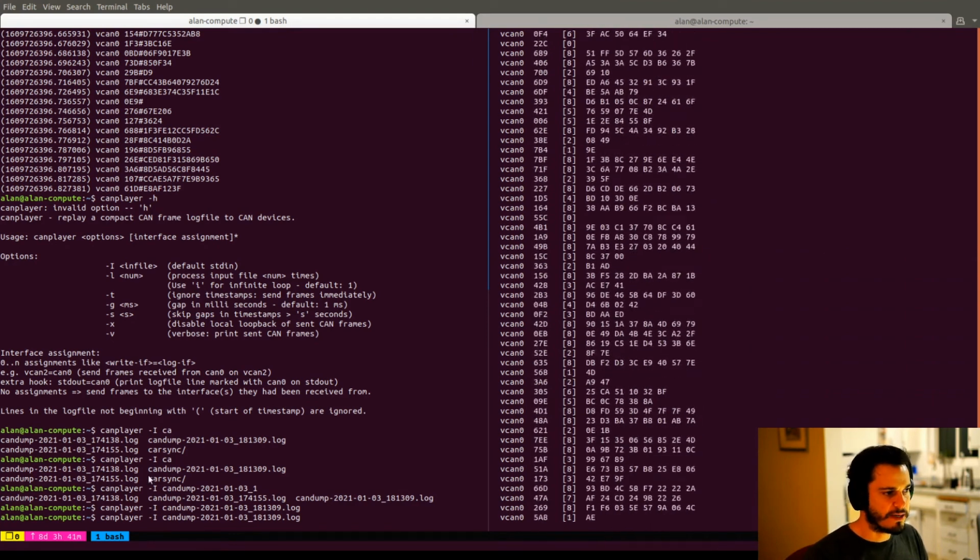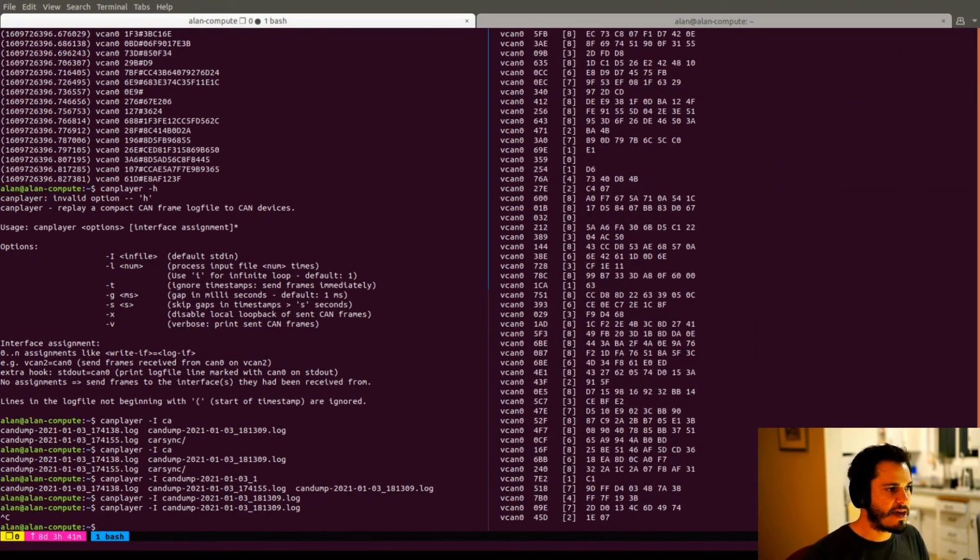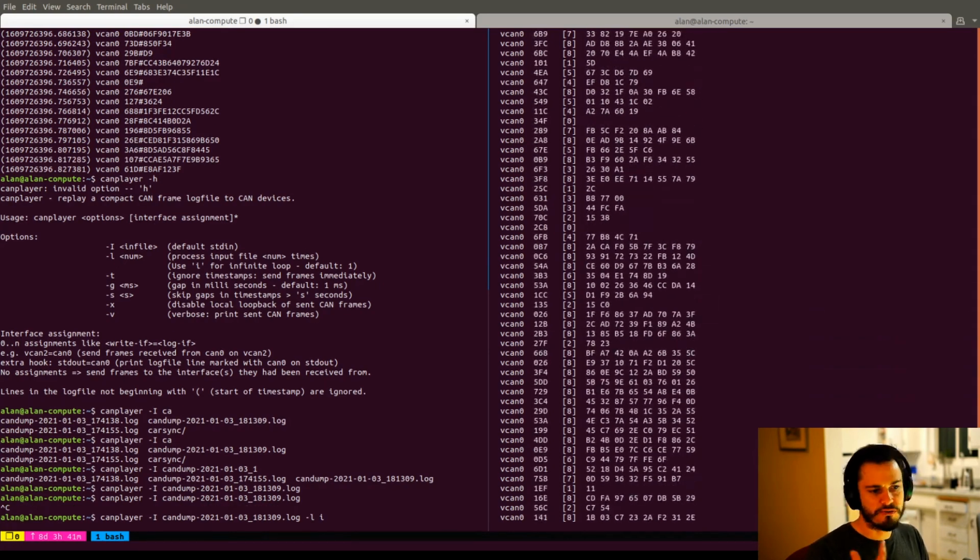it's playing it again. The cool thing about CanPlayer as well is that you can have it run multiple times. If you do -l and I think it's i, it'll just run infinitely.